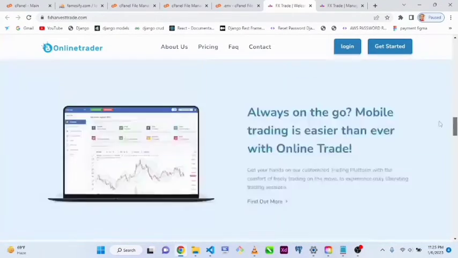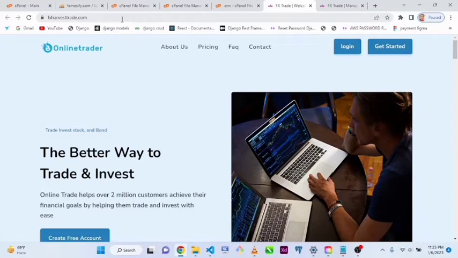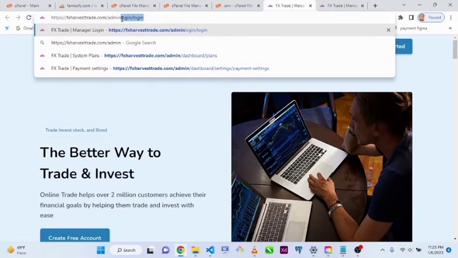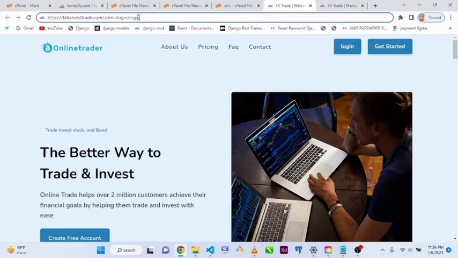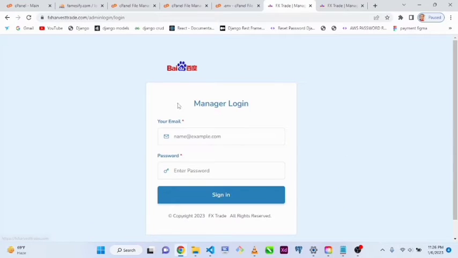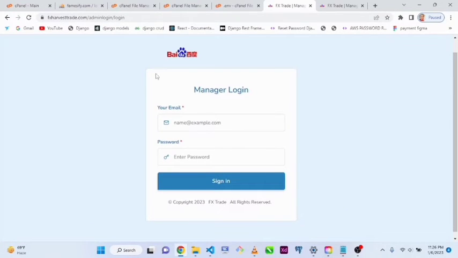Okay, so now let's log into the admin end. So how do we log into the admin end? So the link to the admin end is on admin login slash login. So this is how you can access your admin login page. Okay, so once you click on login, now how do you log in to this admin page? So this is serious, right? Now we need to